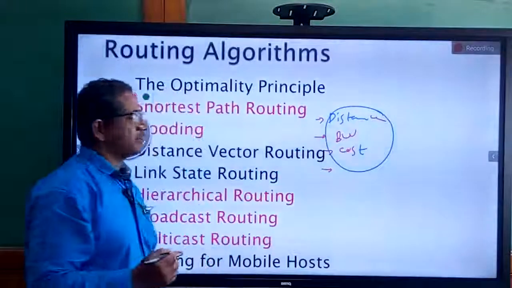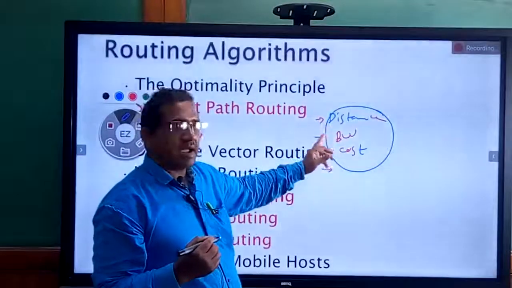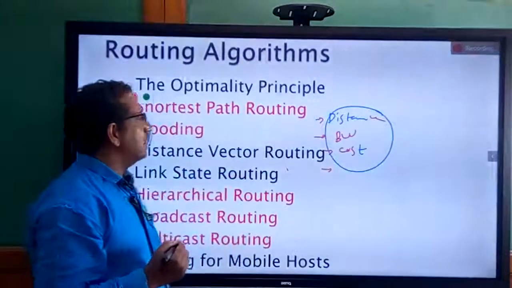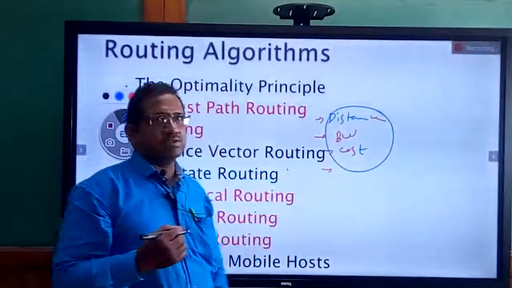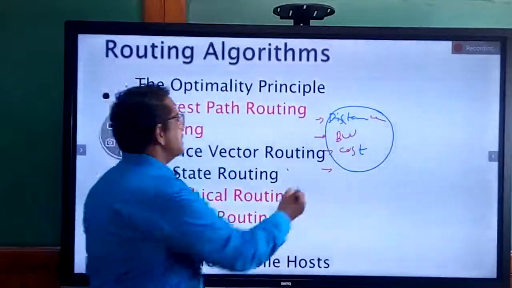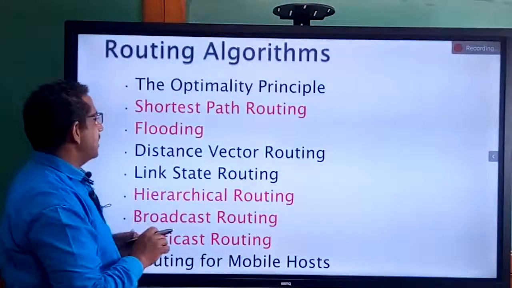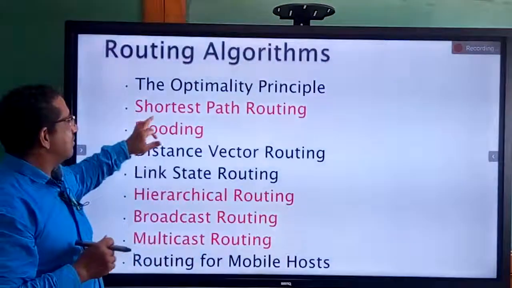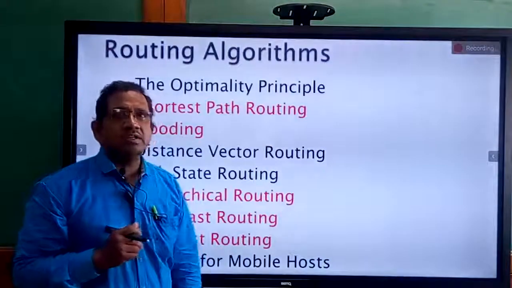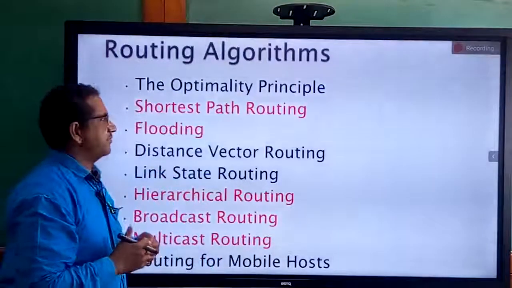But most importantly, for the shortest path routing algorithm, these three are going to play a predominant role. That is the distance between the nodes, the bandwidth that is allocated for a packet to get transferred, and next is the cost of using the network, because ultimately we are going to provide service to the end user. So the end user should get the network at a cheaper cost. Therefore these three are going to be the performance criteria for the system. So that's the reason why first of all we go with the easiest method known as the shortest path routing method. In this algorithm we deal with the distance covered by the path.